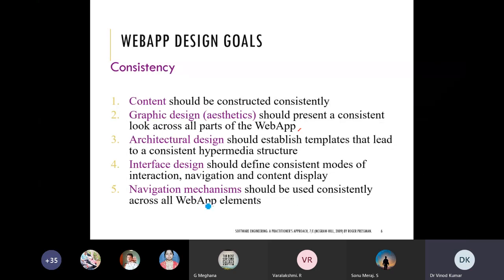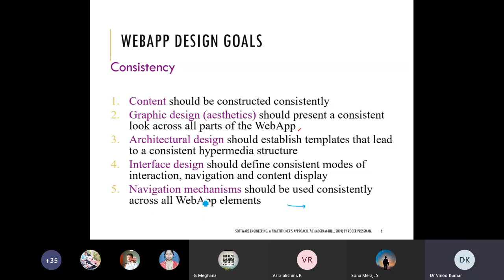Navigation mechanism, whatever you are using, is also very much related. You are making hyperlinks, connecting the pages and moving across the pages. So the navigation mechanism should be used consistently across all the elements.